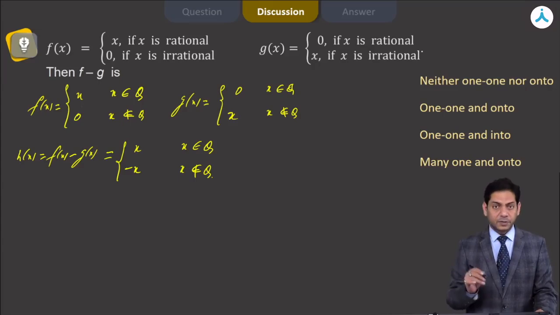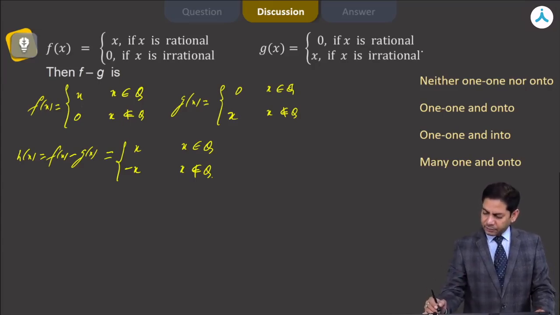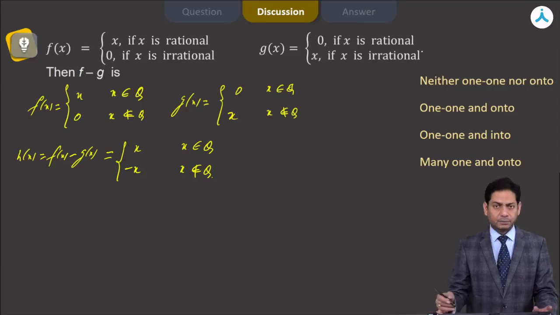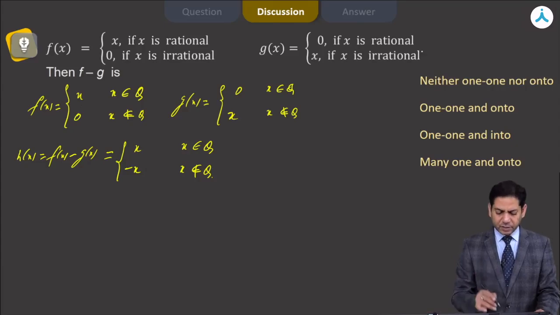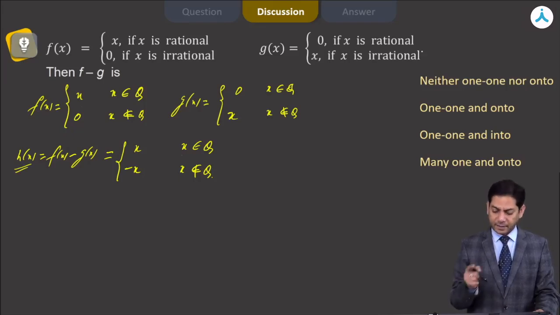Now let's check the options one by one. This is neither one-to-one nor onto. One-to-one and onto, one-one, many-to-one, into. Just try to visualize what this function is doing. For any rational values of x, it is giving us the same rational value. That is, if x is rational, then h of x is that same rational value. That means we can plug in all the rational numbers in it and we can get output as a rational number. And there are no two rational numbers for which the function will give us the same value.